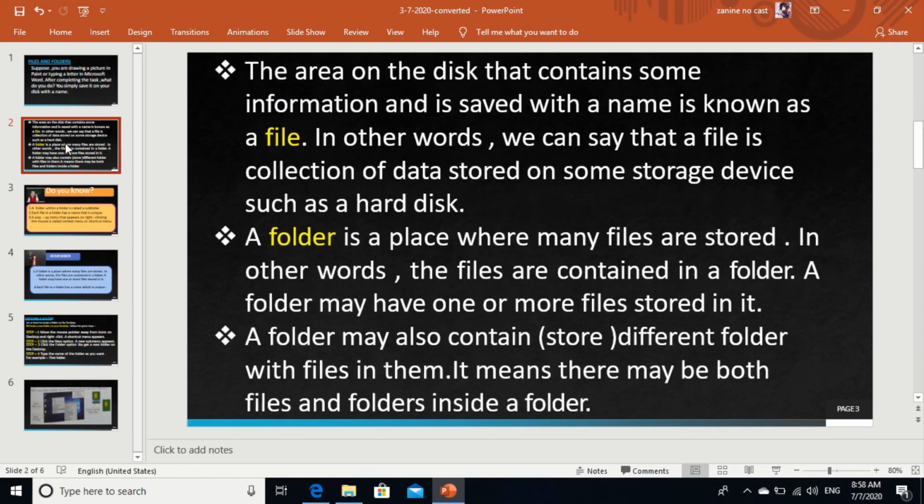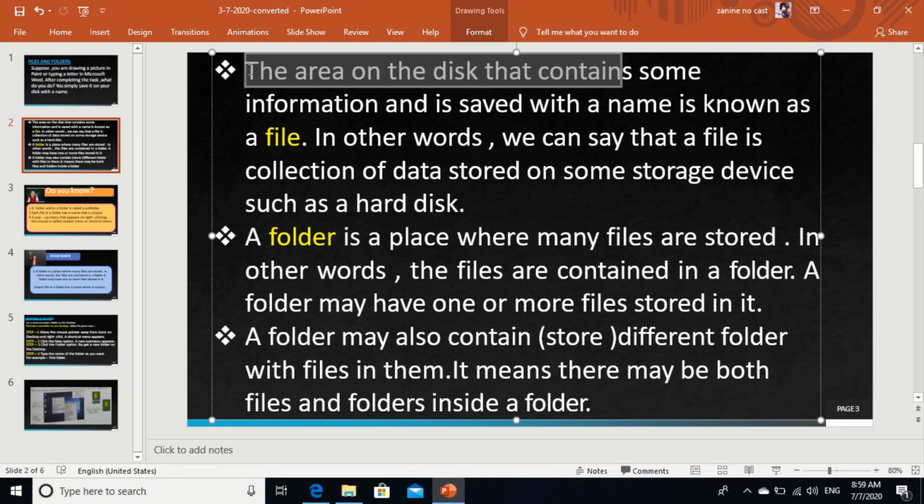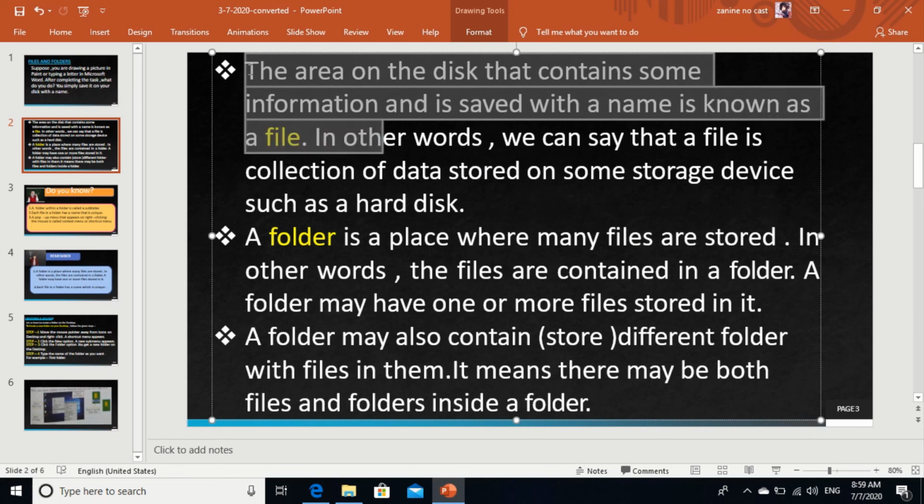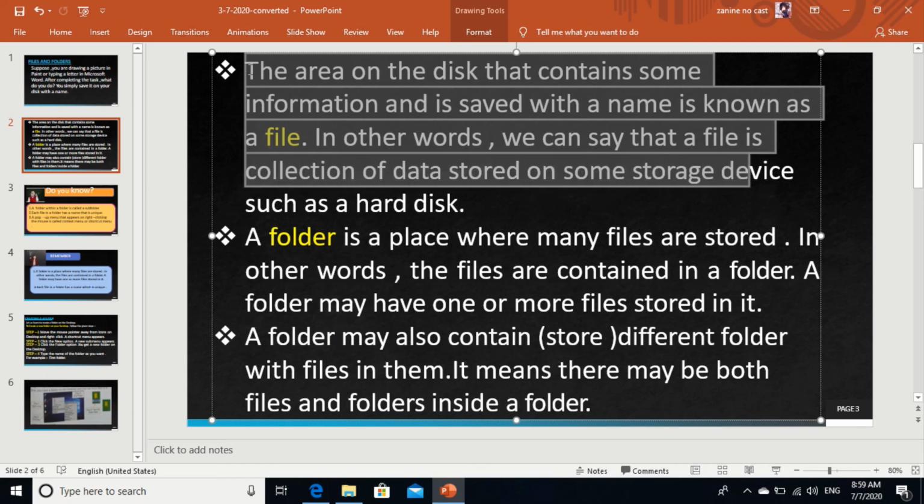And the area on the disk that contains some information and is saved with a name is known as a file. In other words, a file is a collection of data stored on some storage device such as a hard disk.